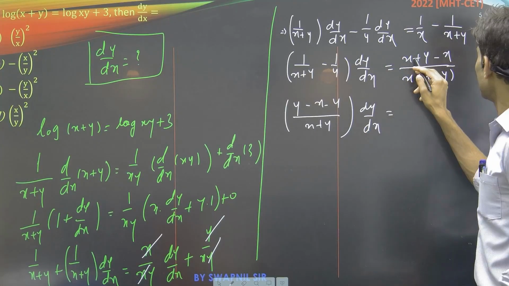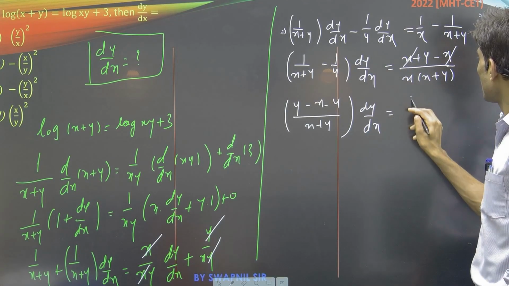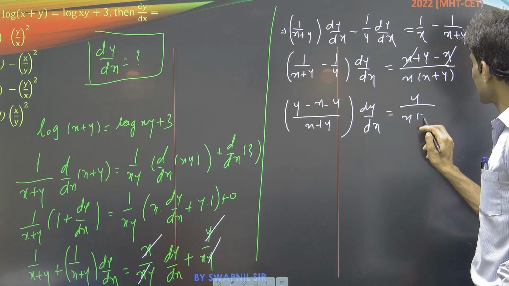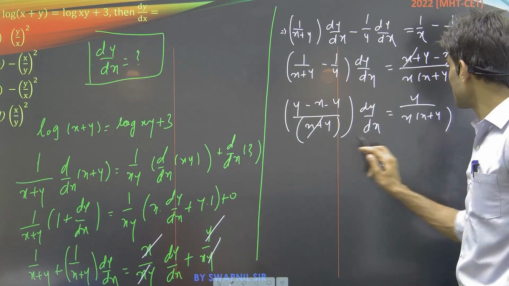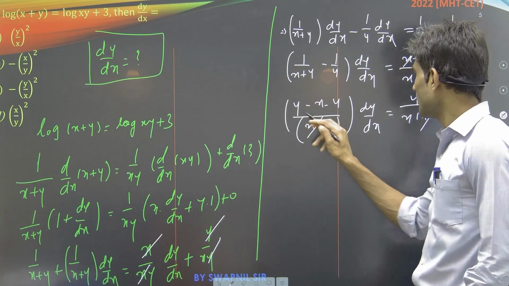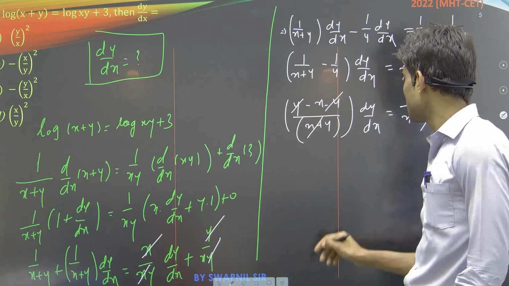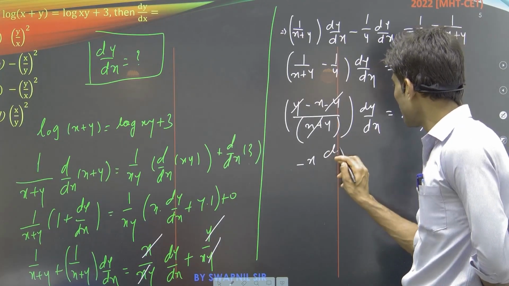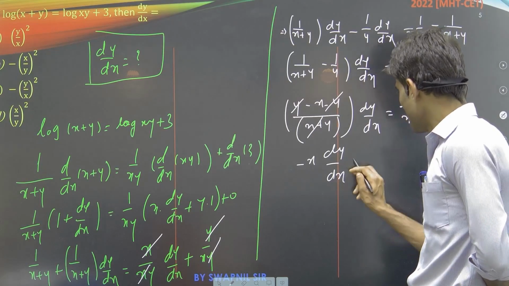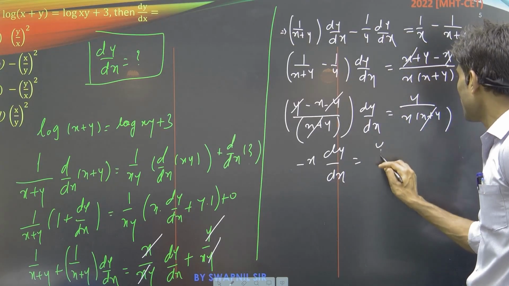The x plus y cancels with this x plus y, and the negative y and positive y cancel. So we are left with minus x into dy by dx, which is equal to y by